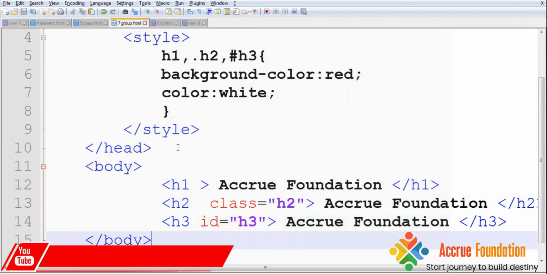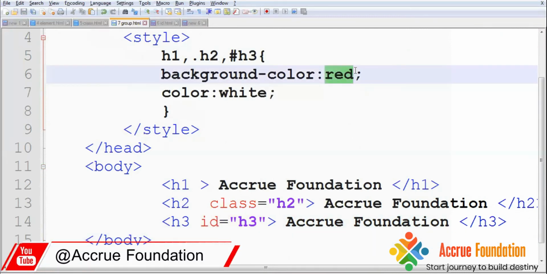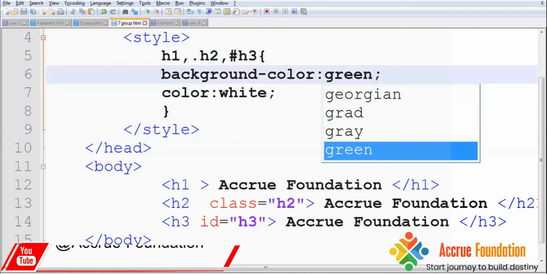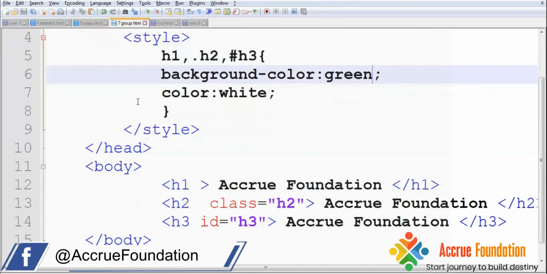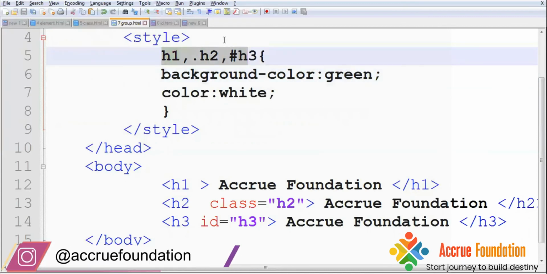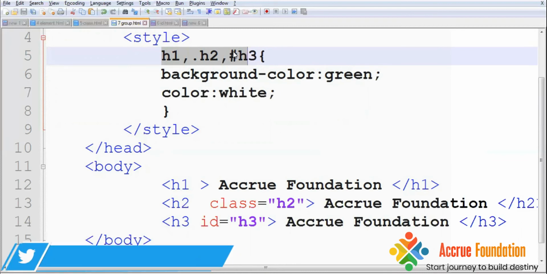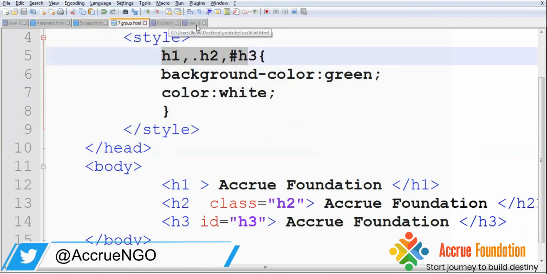That's it. And see, I'm just changing. So you can use anything, class, ID, and element, all the selectors at a time also.